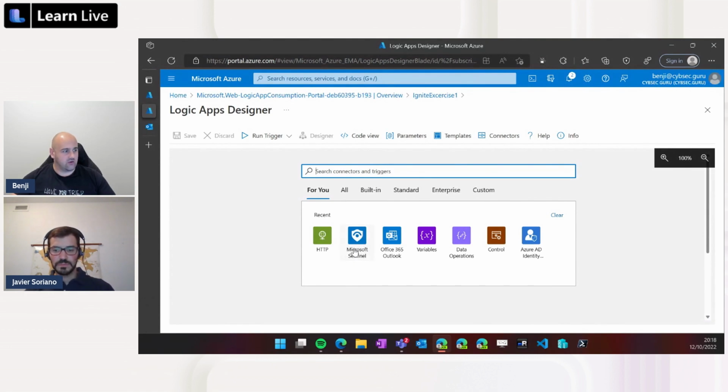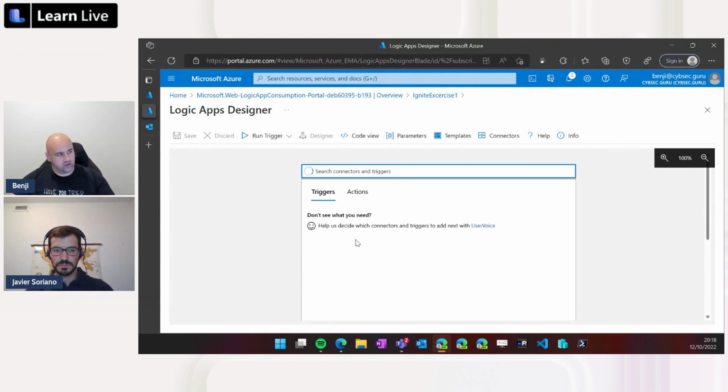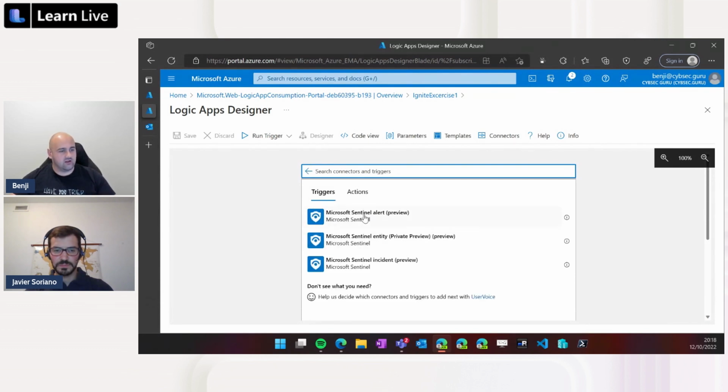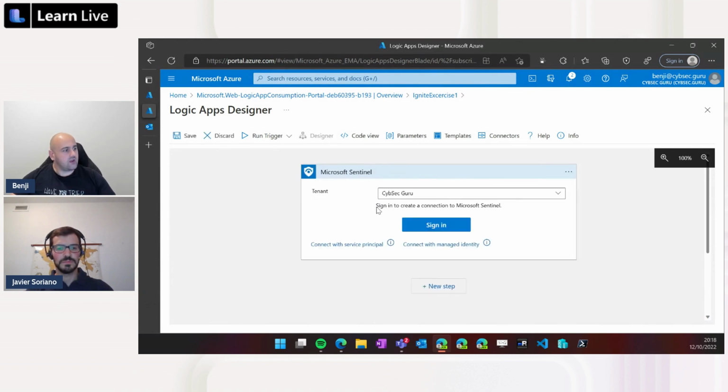For the reason I already have Microsoft Sentinel there, or if it is not available, I can search it and click through it. And now we can see the triggers that we already mentioned that are available for us. And as I mentioned, we will be utilizing Microsoft Sentinel Incident Trigger. Let's choose it.